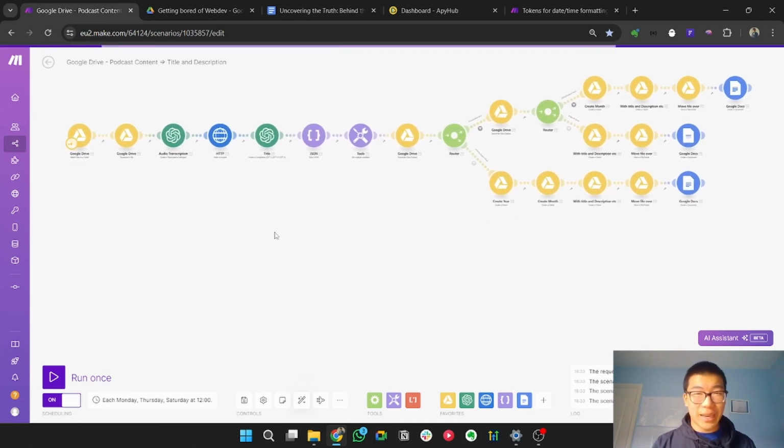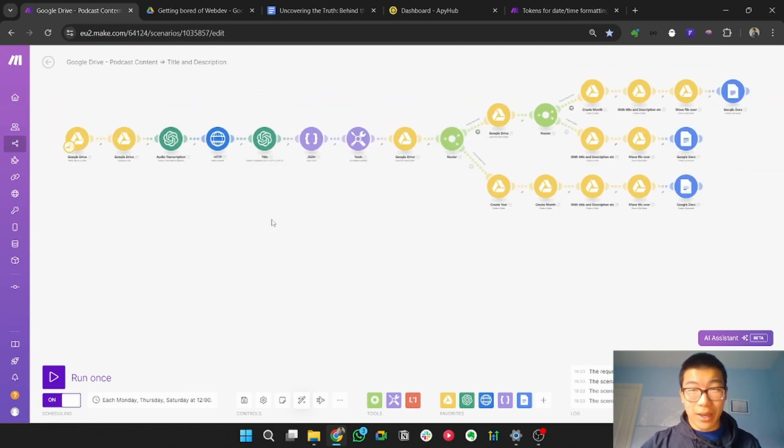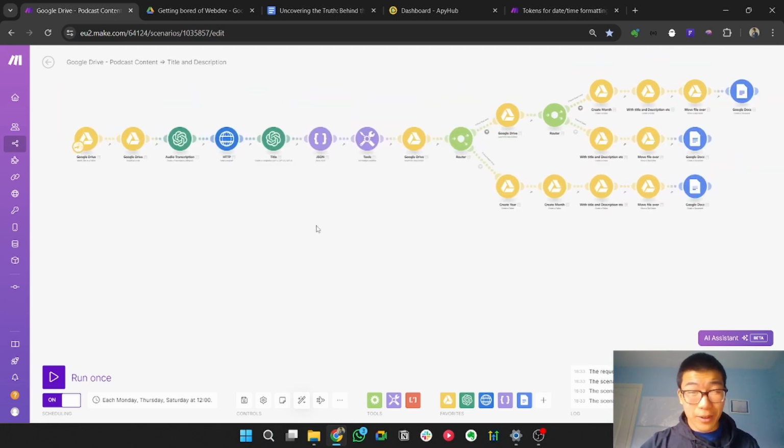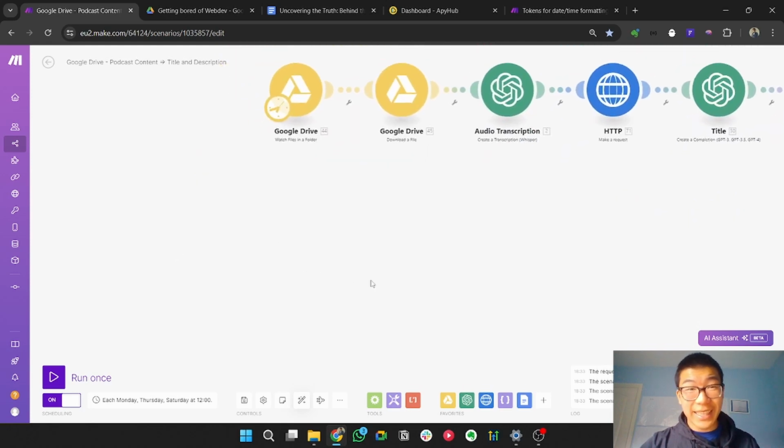I'm going to build it on the same canvas because it's a pretty confusing automation at times, and I already have it built out. It took a couple hours, so I'm just going to refine it down to maybe half an hour, I think. So let's see how good I am at estimating time.